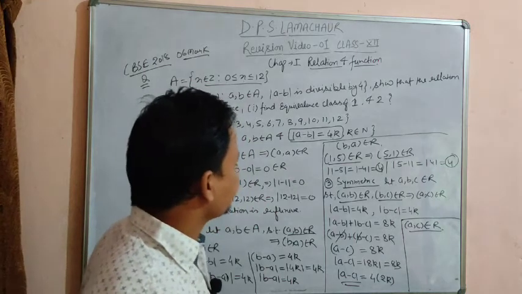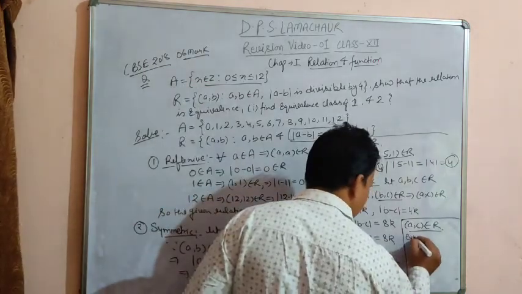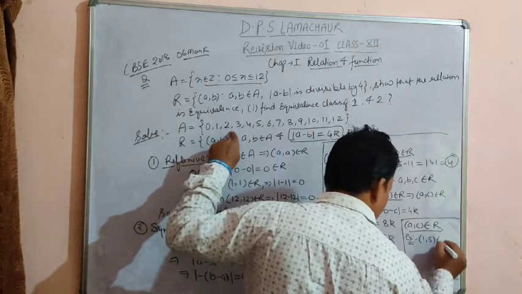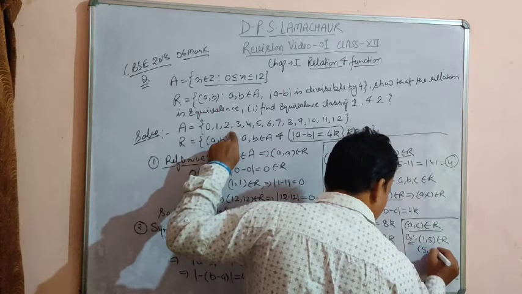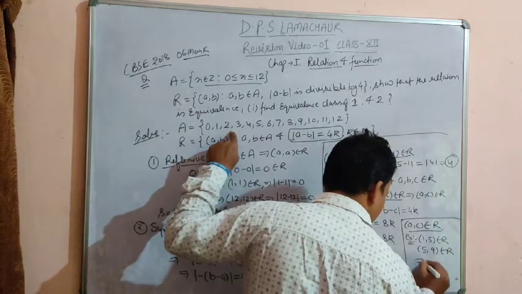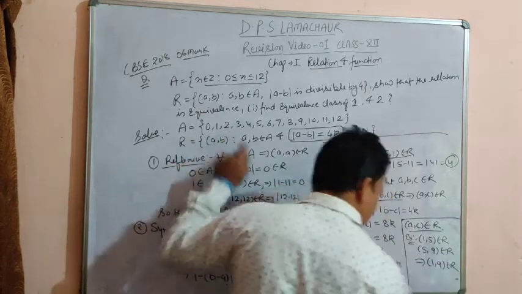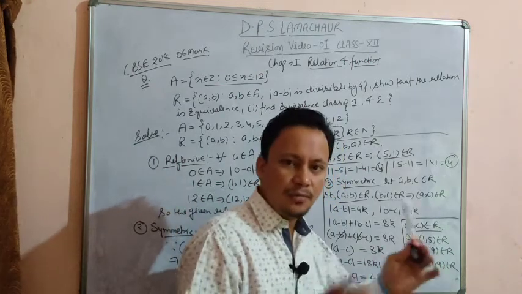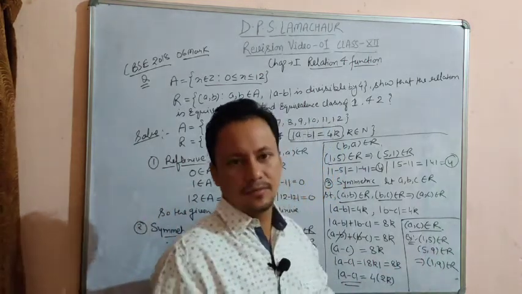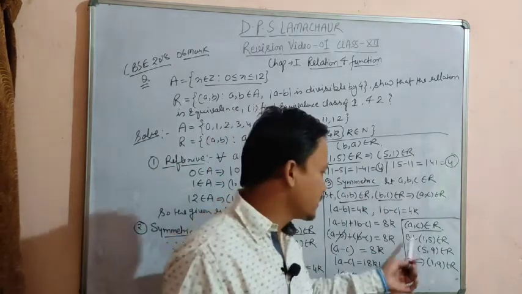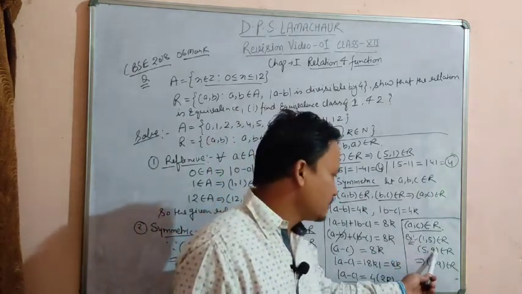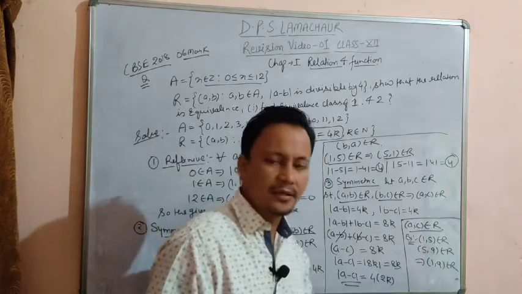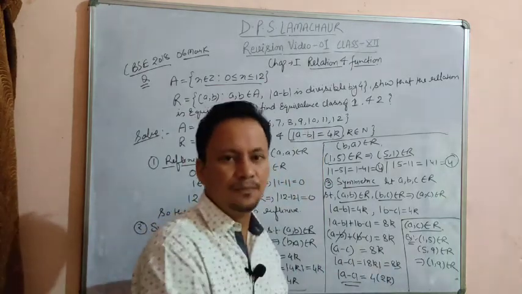Okay, now we can take some example from this particular set. (1, 5) belonging to R, (5, 9) belonging to R, then you can clearly see (1, 9) also belonging to R. See here, since (1, 5) belonging to relation R means modulus of 1 minus 5, that is modulus of minus 4, that is 4. Coming out of the modulus it gives a positive value, it is a multiple of 4. Now see (5, 9) is belonging to R, it means that modulus of 5 minus 9, that is minus 4, and after coming out of modulus it will be plus 4.